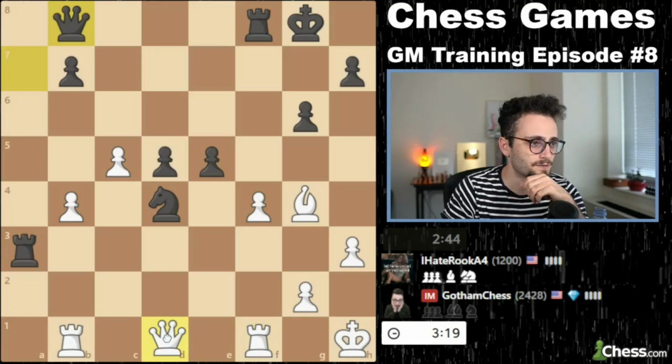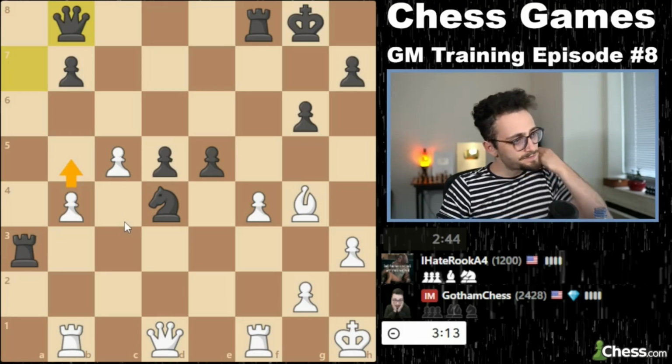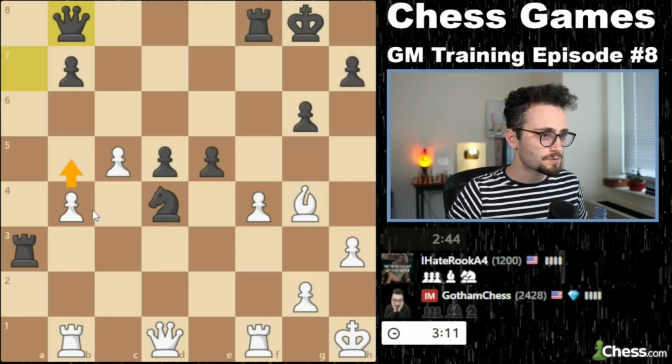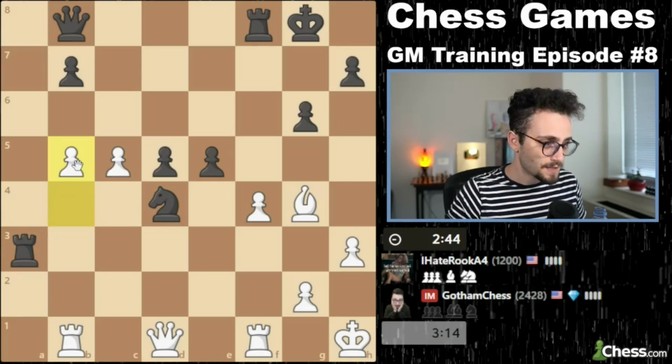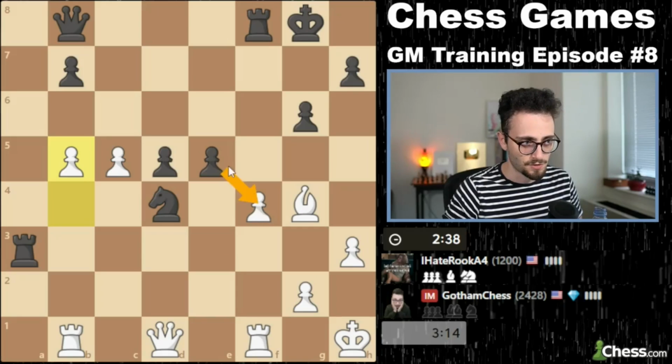And I need to maintain some clock advantage. What about Rook A1 right away? Or B5. Man, I don't know. It's so complex out here. I'm just going to go B5. I'm going to gain a little space because I think nothing has changed. There's still some tension. And if I can somehow force through a passed pawn there...